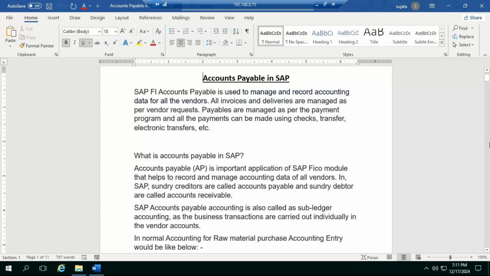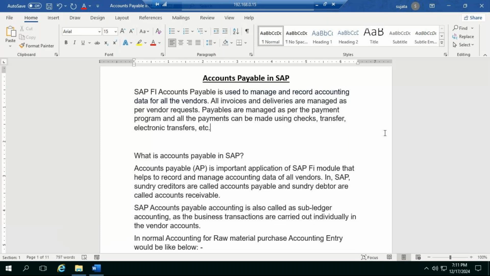All students, please make a note on this. Accounts payable (AP) is an important application of the SAP FI module, and it helps to record and manage the accounting data of all vendors.